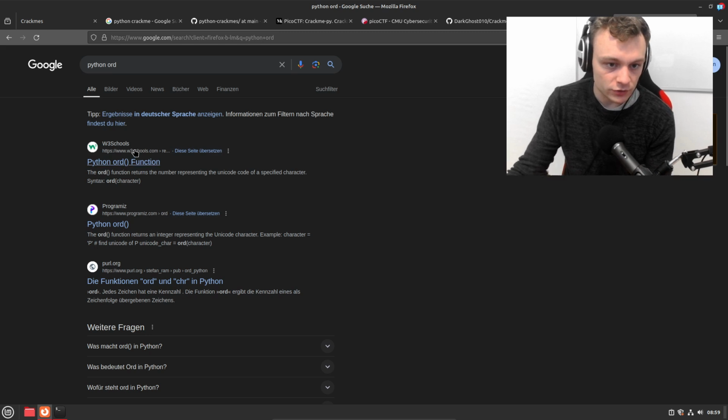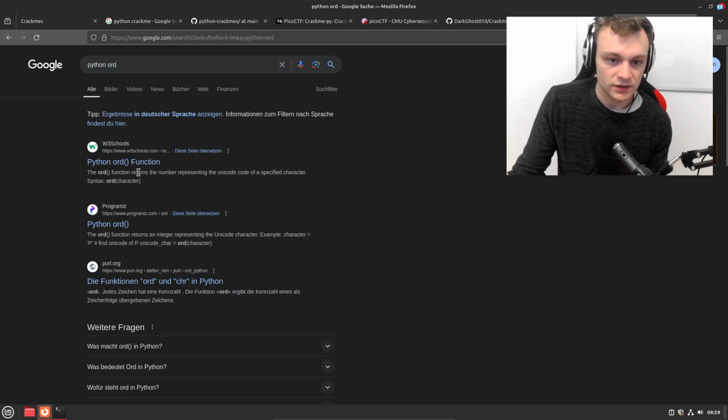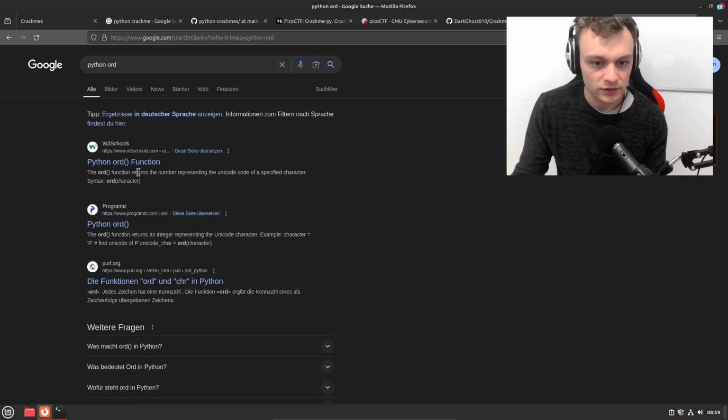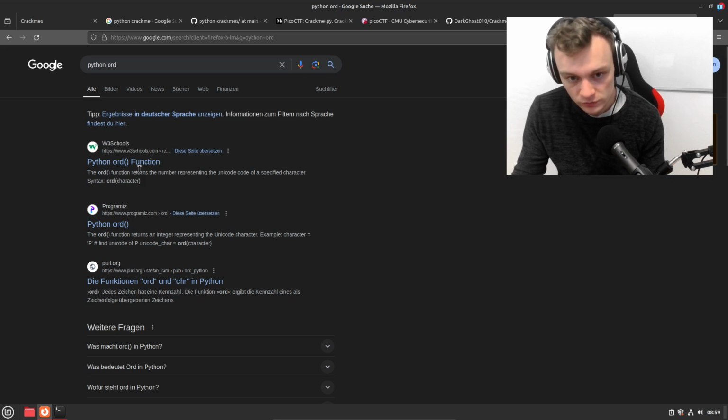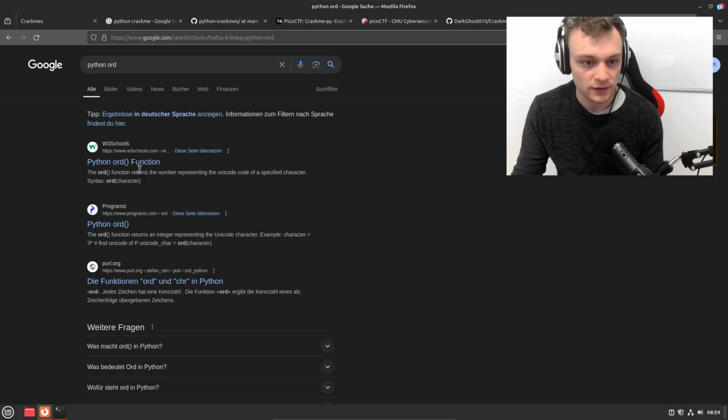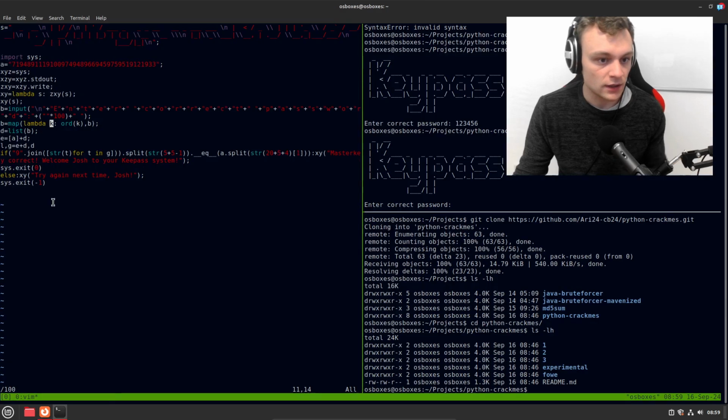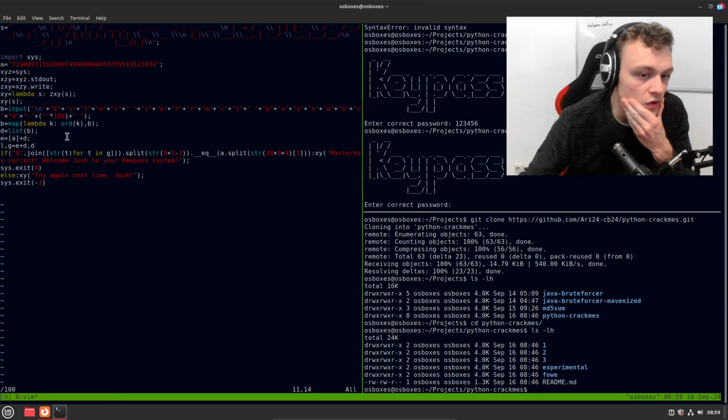The ord function returns the number representing the Unicode code of a specified character. I think it's ordinal or something like that. Okay, so what is this function doing? It maps